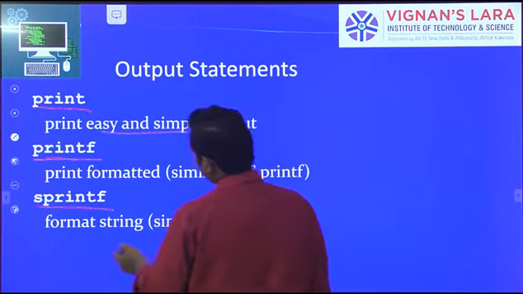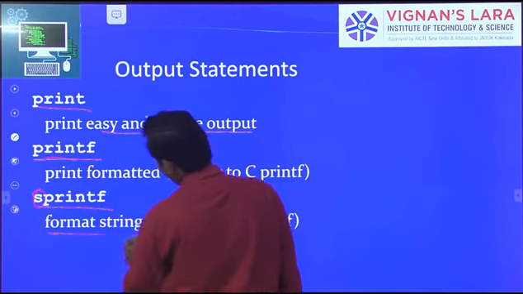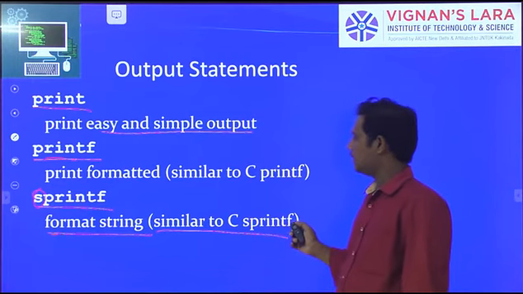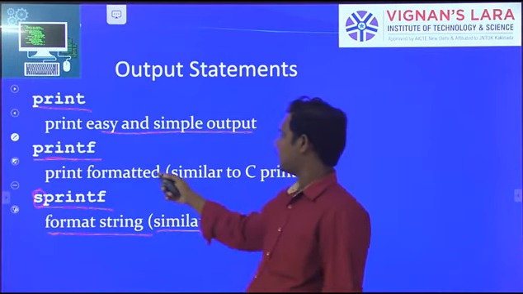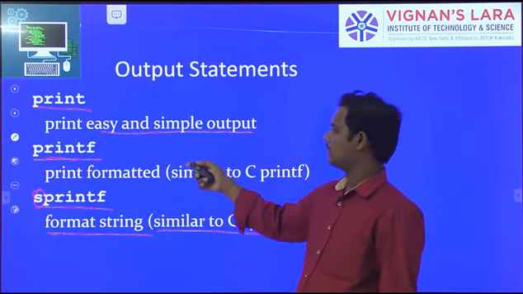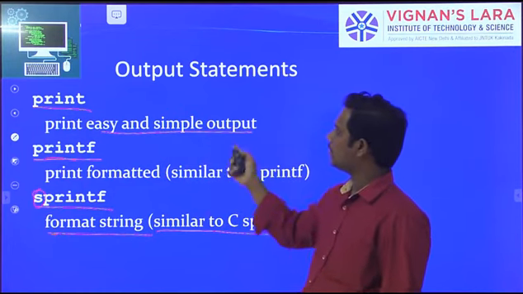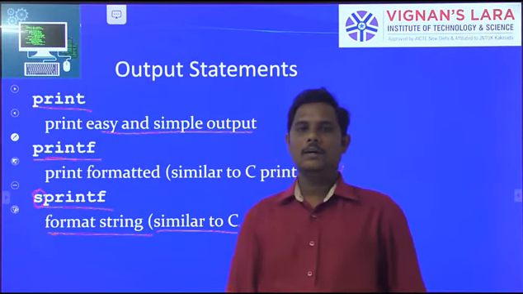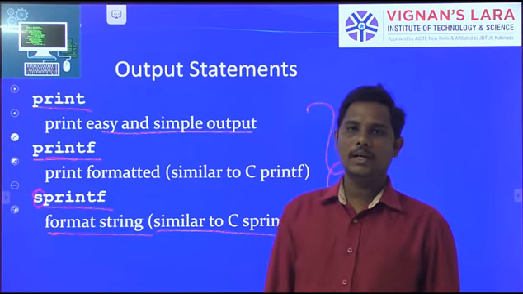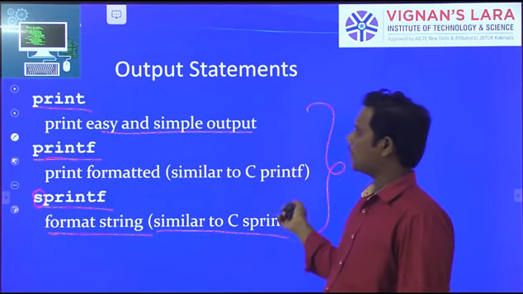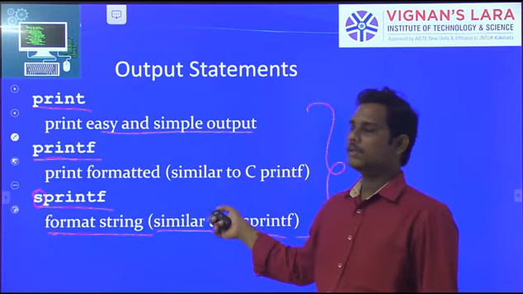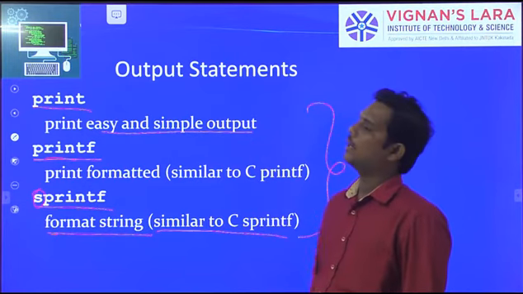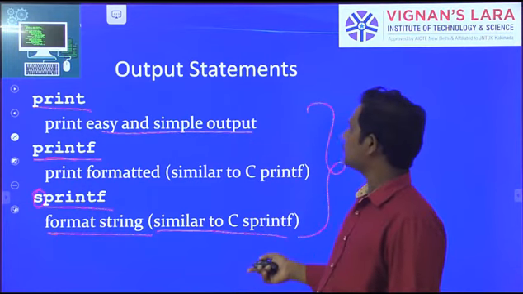It is a format string. The s means a string, that's why it is a format string similar to C's sprintf. Okay, here in C program, printf, you know that, it is the same as in C program. So these are all output statements we write in the AWK command. These are the printf and sprintf statements we use in the AWK command to write the output statements. So this is simple.